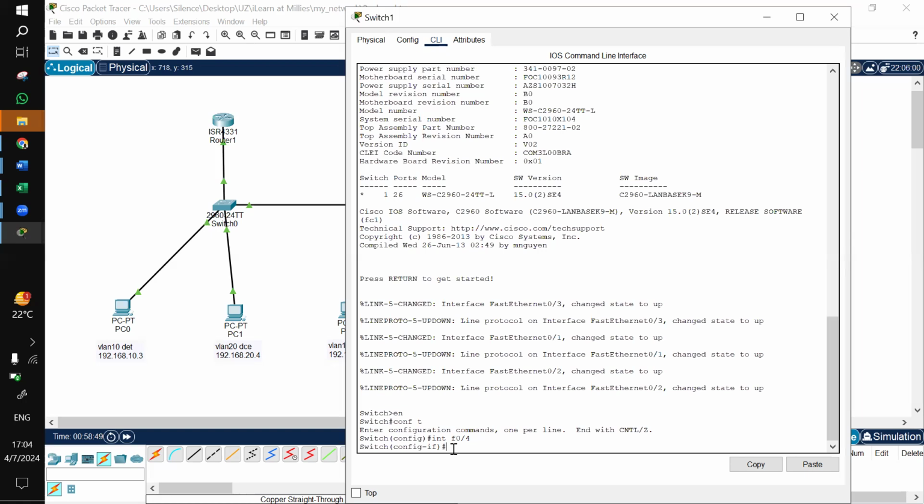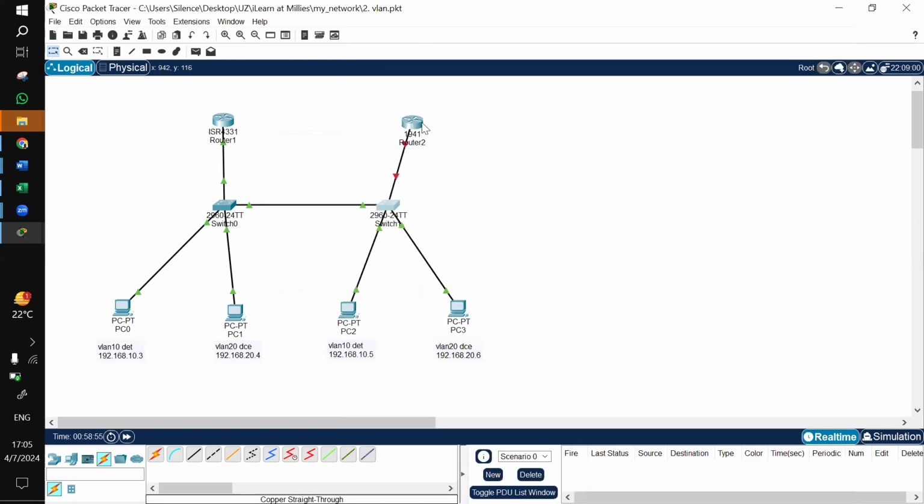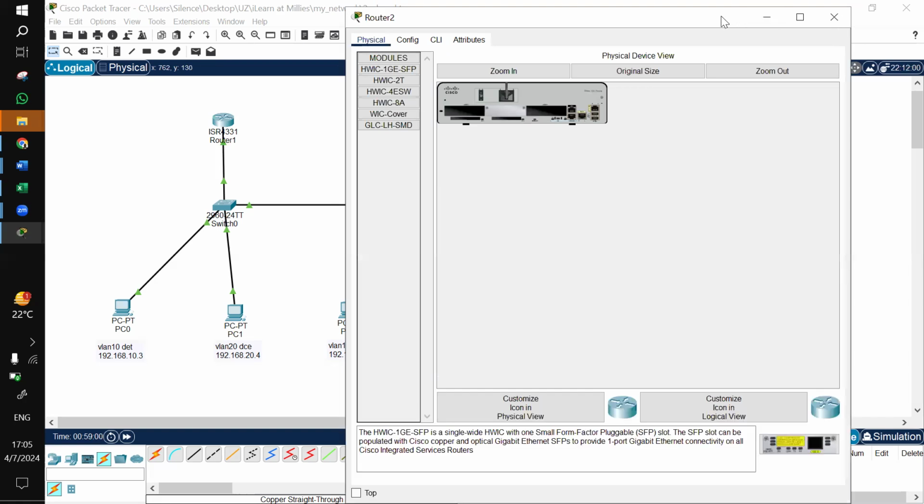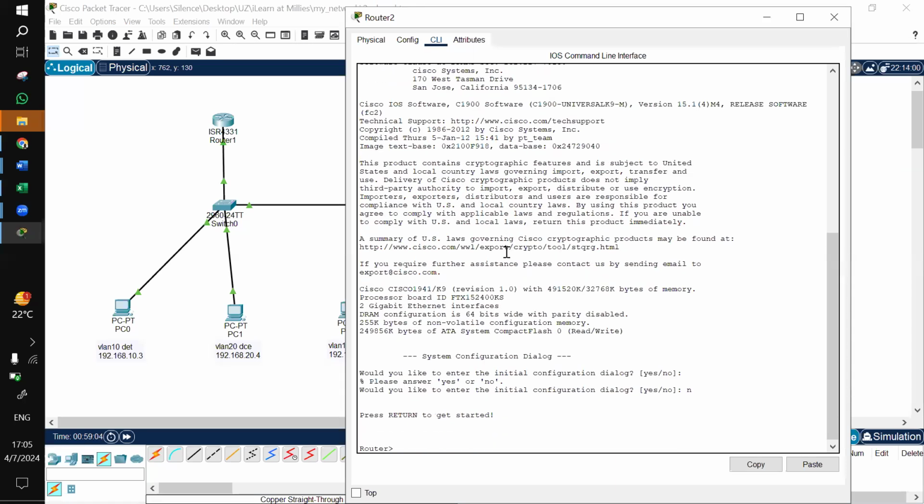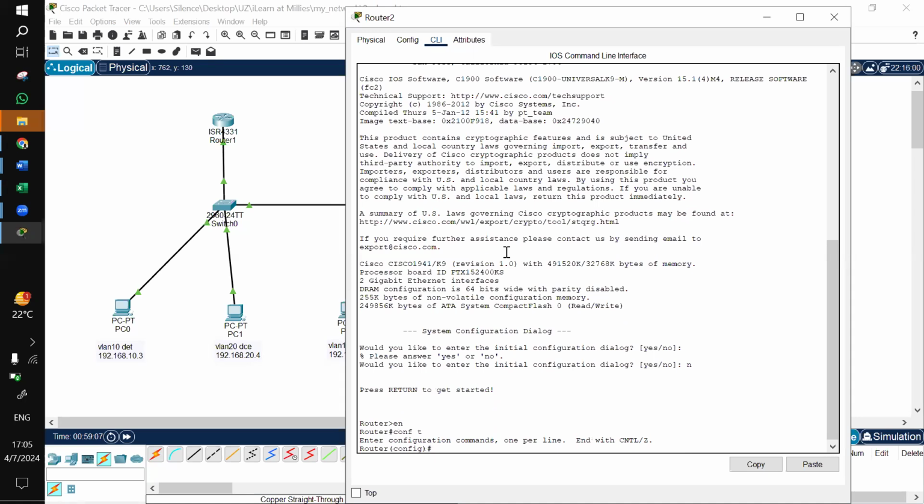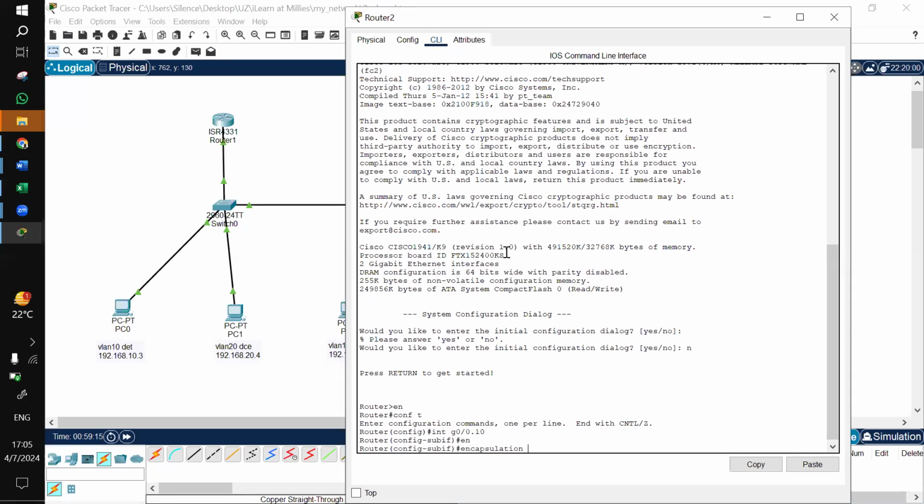Port number 4 for the trunk, switchport mode trunk. Right. Configure my sub interfaces. Enable, config terminal, interface gig 0/0.10, encapsulation